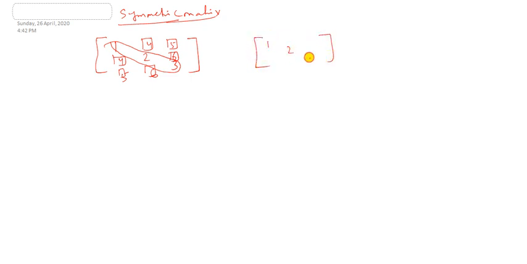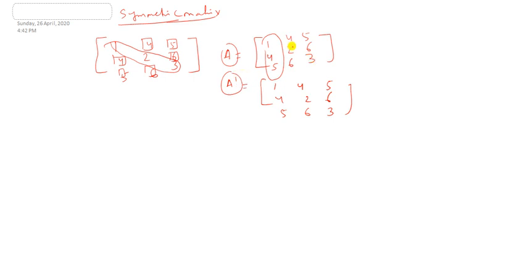I repeat the process, try to understand it. First you write across the diagonals, then you write any element. For example, 4, 5, 6 I am writing, 4 will reflect here, 5 will reflect here, and 6 will reflect here. Think this one as a mirror. That is, now suppose this matrix is A. I ask you what is A', you just transpose it. Look at this. This column will become the row, that is 1, 4, 5, then 4, 2, 6, then 5, 6 and 3. Now look at A and A' carefully.